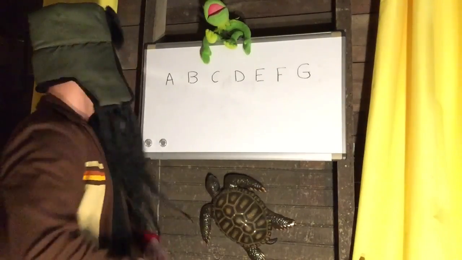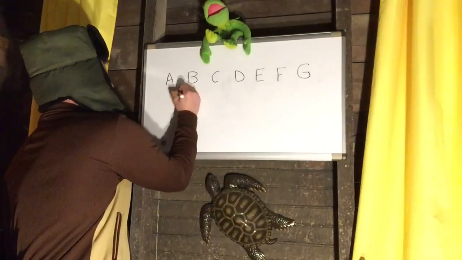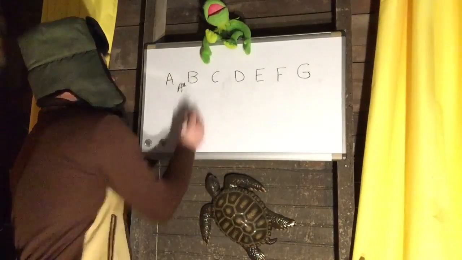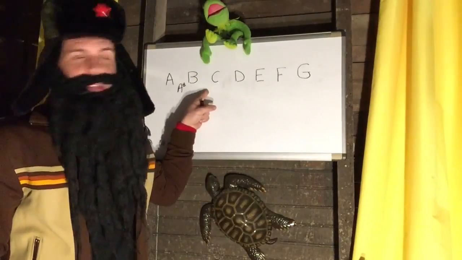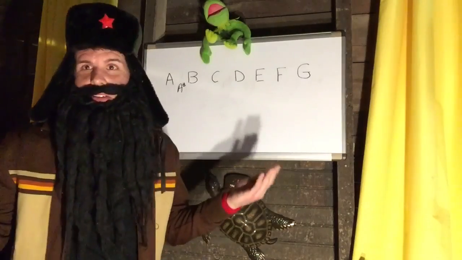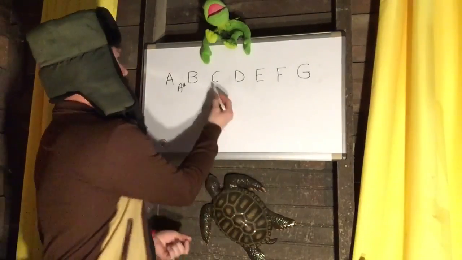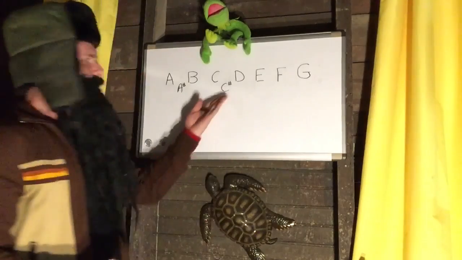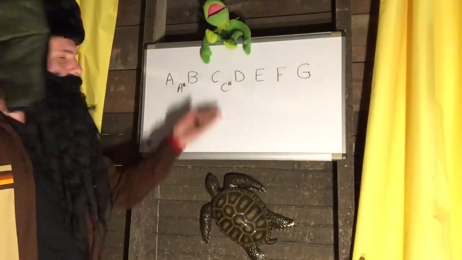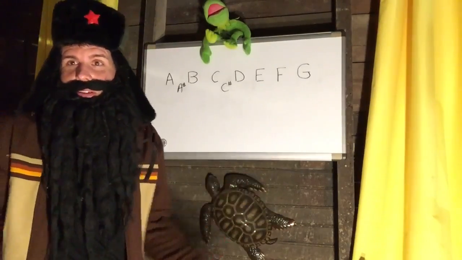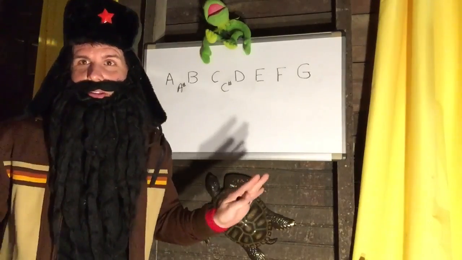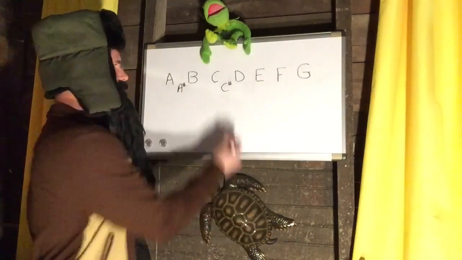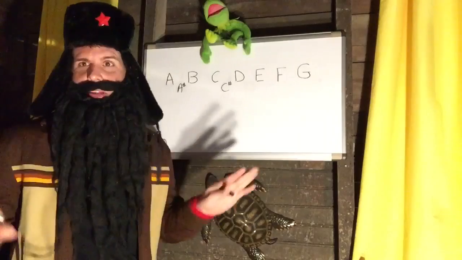In between most of them, there is a sharp or a flat. In between A and B comes A sharp. There is no B sharp. It doesn't exist. It just doesn't. Why? I don't know. It just doesn't. In between C and D comes C sharp. Are you noticing the pattern? More false correlation. C sharp has nothing to do with C. It's a different note entirely. It's got nothing at all to do with C. It's a different note. This is Carlisle. This is Charlie. Different people.